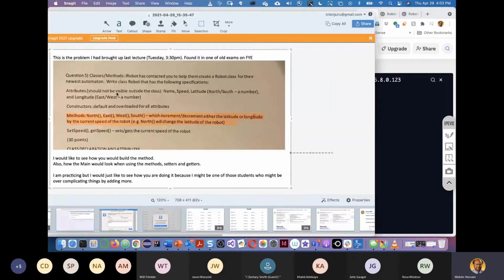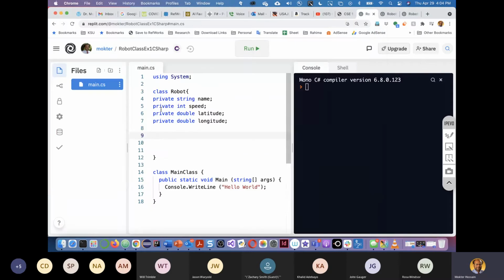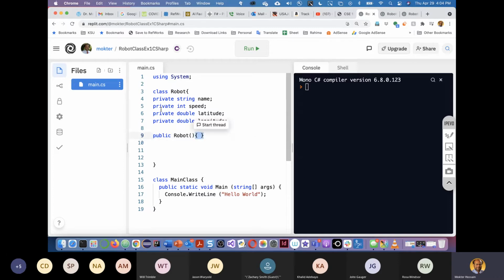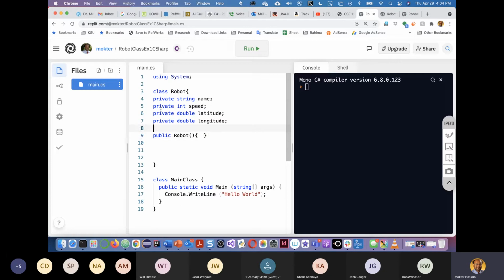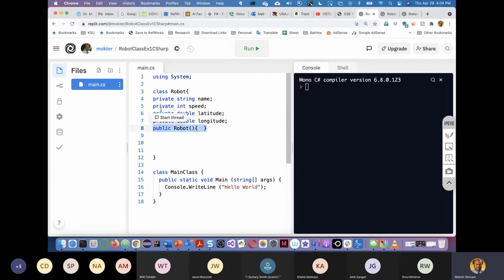That's it, first part. And then say constructor, default constructor and overloaded constructor for all attributes. Okay, so default constructor. So how do I write default constructor? Public Robot. That's it. Even if you write this, then fine. The default constructor. Most important part is the curly brace. You have to have it like this, or just in order to save my space, I'm giving like space. Okay, and then I need one more